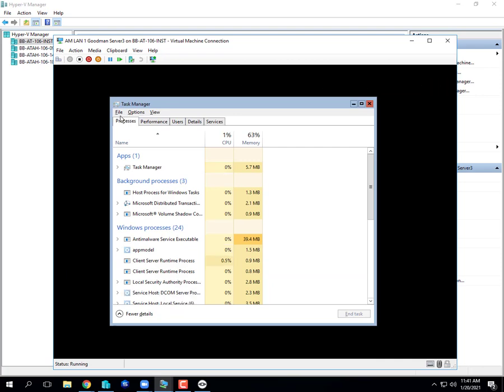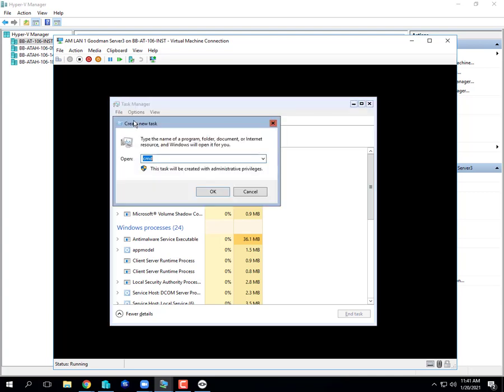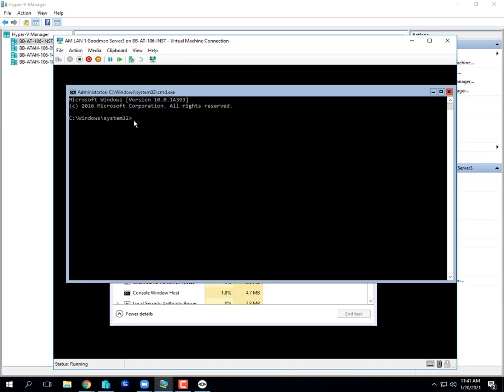No. Shift F10 works during the installation, like right at the very beginning, before you've started making any selections. Shift F10 works at the initial boot up of an installation media, but I don't know of a keyboard shortcut for the command prompt, and the Windows R didn't bring up the run command,